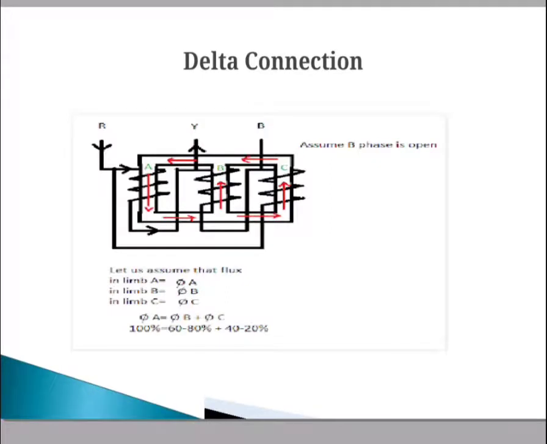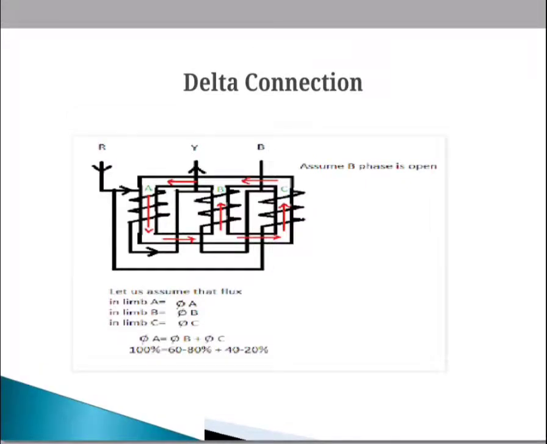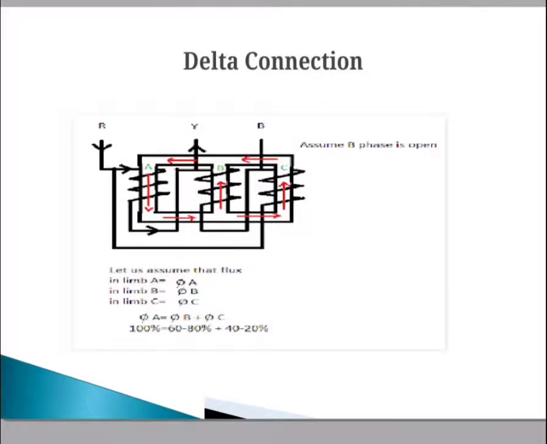This is the delta connection transformer. In case of this transformer, on failure of one phase, only one limb of the transformer will produce the flux and the remaining two limbs will provide the return path for that flux. The main aim of this test is to prove that the flux produced by one limb is the sum of the fluxes of the other two limbs, so that we can say that the core doesn't have any problem for the path of fluxes.